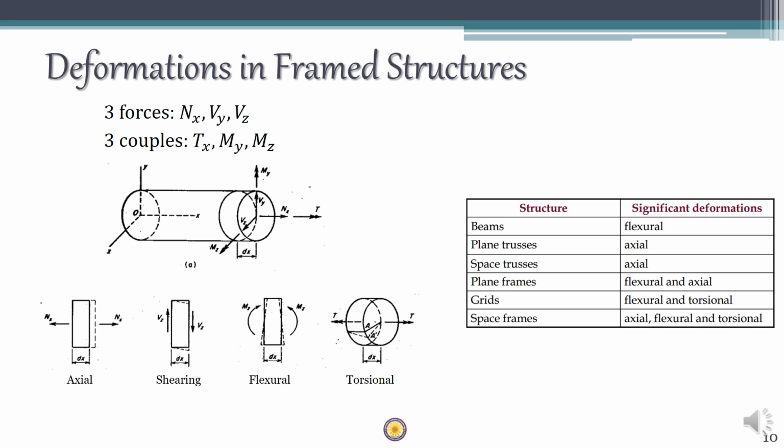Okay, for now let's see the deformation which can occur once these loads or actions are applied in the frame structures. As I discussed, when an axial force is applied, which is along the linear length of the member, the member can deform axially. When a shear force is applied, which is a force on the cross section, it can be either Vy or Vx. In that case, the member will shear or tear, like you tear a paper.